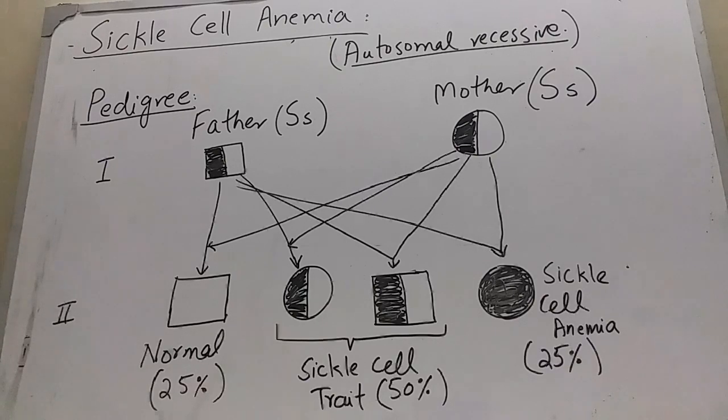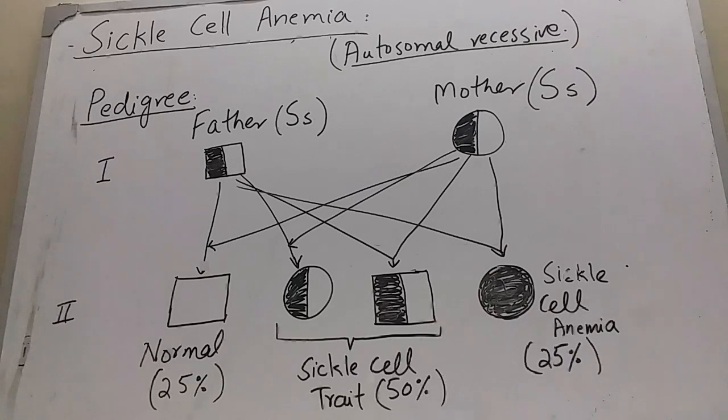Both of them have one normal gene and one gene which has undergone mutation. So both will be called sickle cell trait, and there is a 50% chance that their offspring will have sickle cell trait. It means they will not have the disease, but they may pass it to their offspring in the third generation. And on the right side you see I have shown a shaded circle, which means that